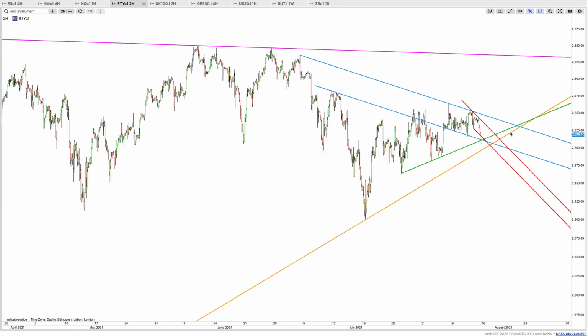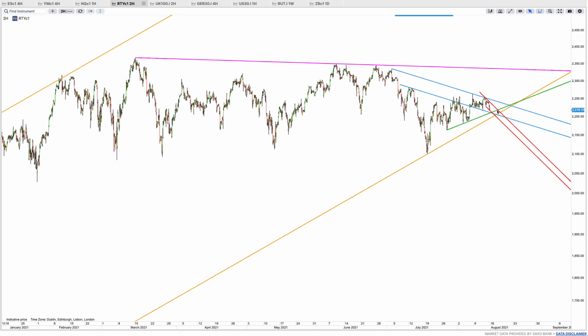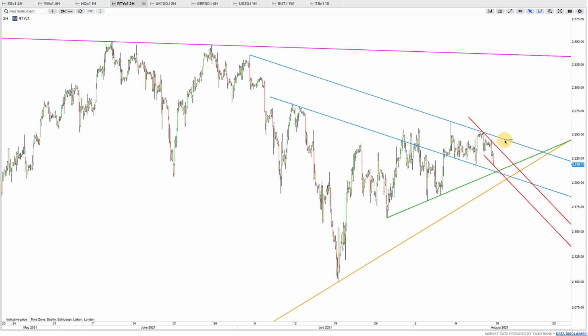But why pick the tops? I'm not going to do that. I keep buying the dips. Here, the blue resistance, that here 1, 2, 3, and the blue bottom band. You look, in itself, this part is a bull flag with 2 touches on both sides, and I'm expecting this blue top band to be broken, and then finally the blue one to be broken, and that level is actually a long signal at